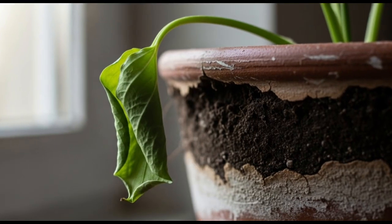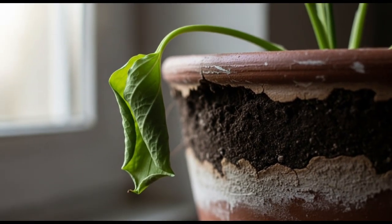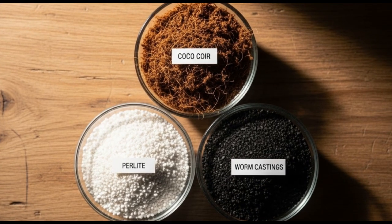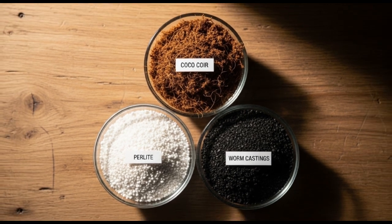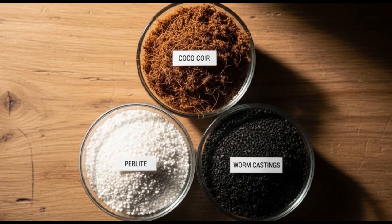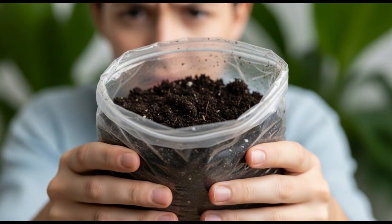Most plant owners are killing their plants slowly and they don't even know it. The soil, that's the problem. Not the watering schedule, not the lighting, not the fertilizer, the soil. And today, I'm going to give you the exact recipe, the perfect soil mix that every plant loves, the one that most growers never figure out on their own. Stay with me because by the end of this video, you'll never buy a bag of store-bought potting mix without